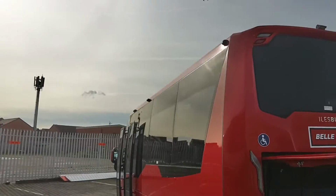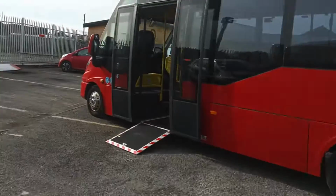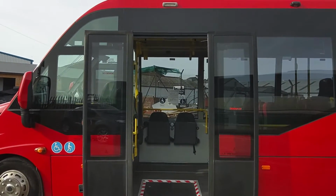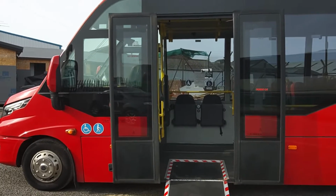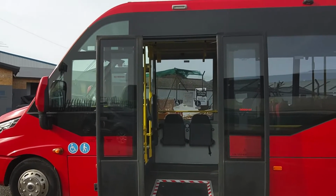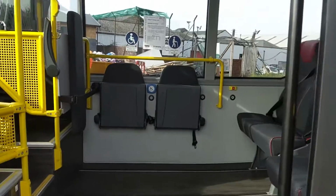Back down the near side again, clean and tidy, no issues there. And then we've got this big wide flat entrance with these double plug doors. Now there is a facility where you don't have to have them both open. You can have just one open, one half open, if you like, to control boarding. But we've got a manual fold-out wheelchair ramp, and then as we jump on board, if you include the tip-ups,